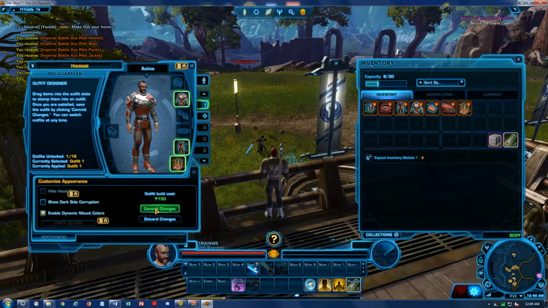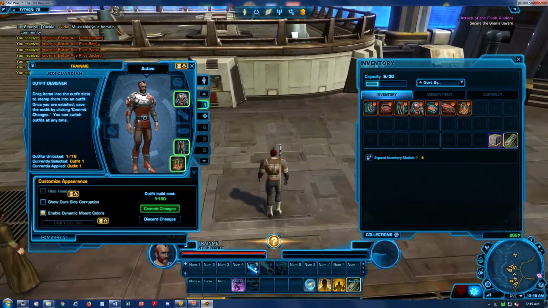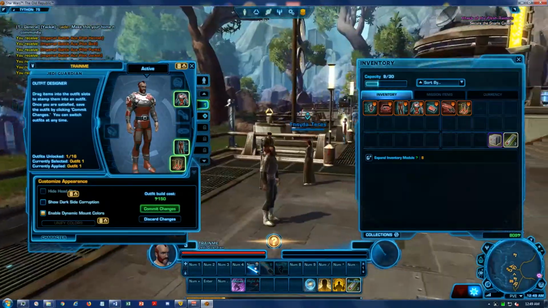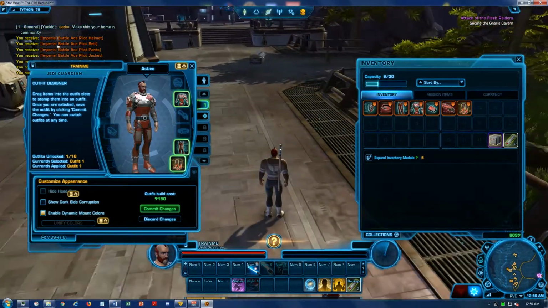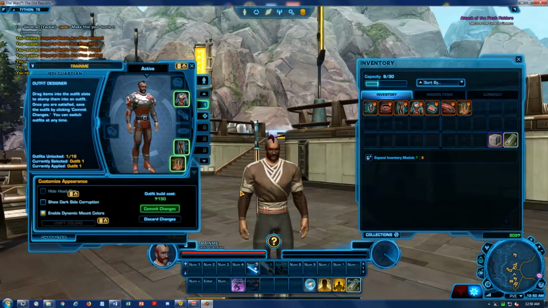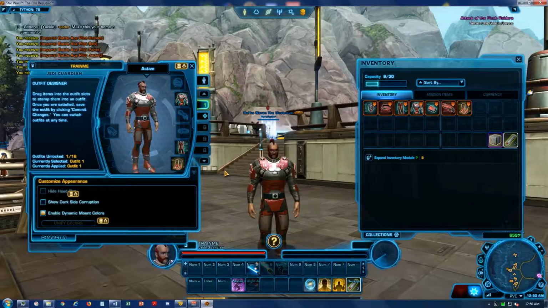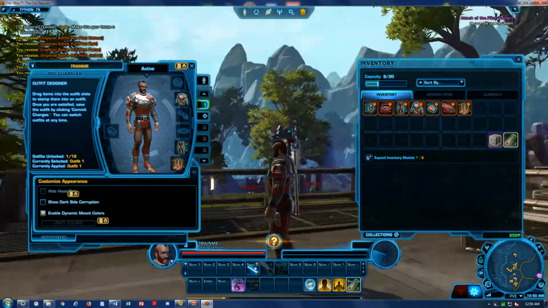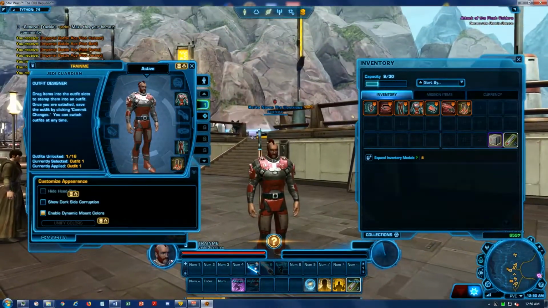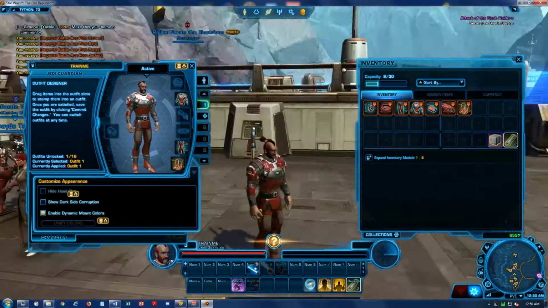I'm going to go ahead and buy that. Now when I press this button to commit the changes, it's going to change my look. Let's just come out here where we can get a better look at me. I'm looking at the shadow, so I make sure I got the sunlight on me. We'll zoom in just a little bit. Commit changes. Yep, I want to go ahead and do that now. You know, big difference right there for wearing that